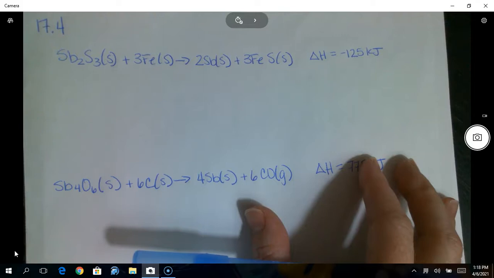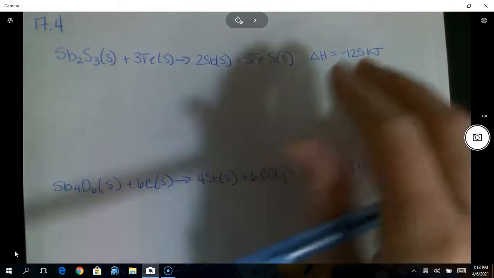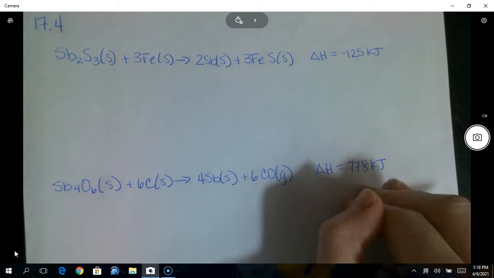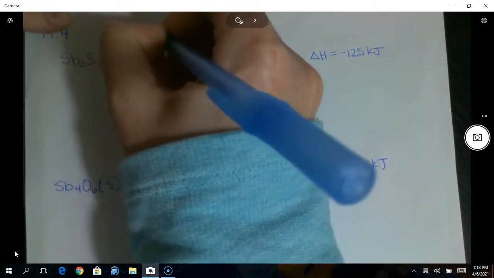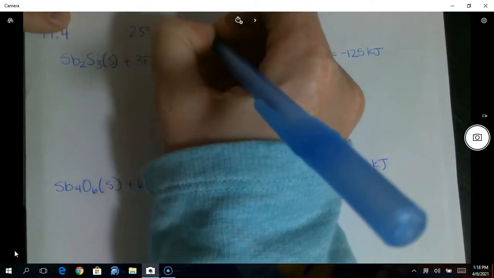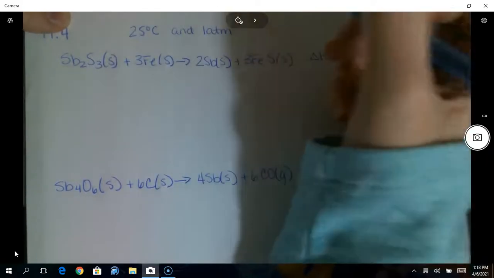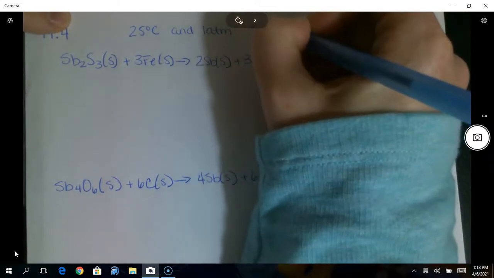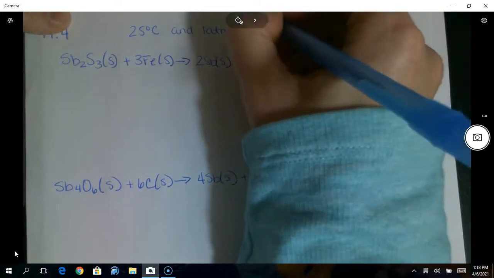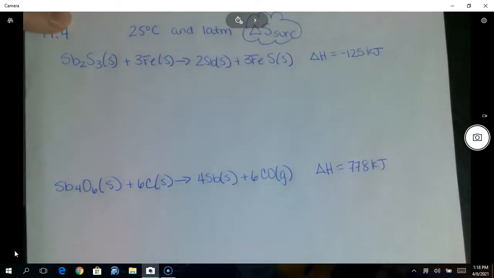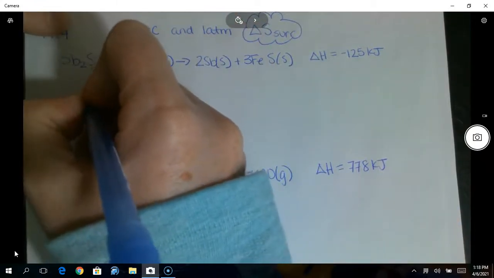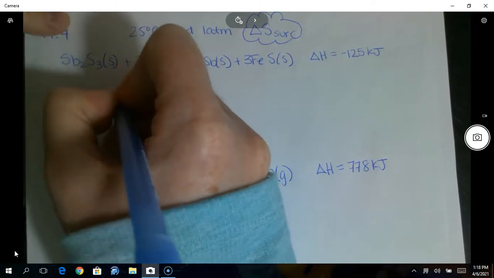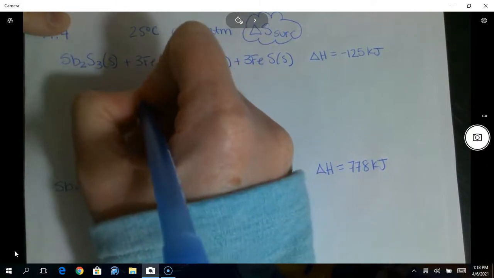In example 17.4, we have two equations, and we're giving the change in enthalpy for each. Both of these are happening at 25 degrees Celsius and 1 atm. And what the problem is asking us for is we want to find the change in entropy of the surroundings. So if we want to find the change in entropy of the surroundings, we have this formula that says the change in entropy of the surroundings is equal to negative